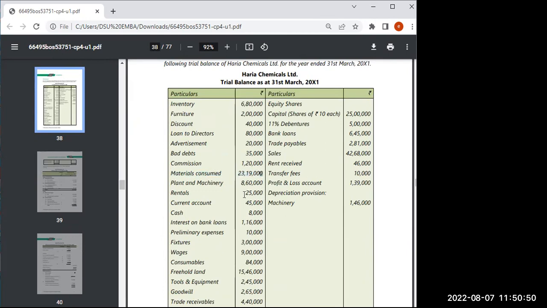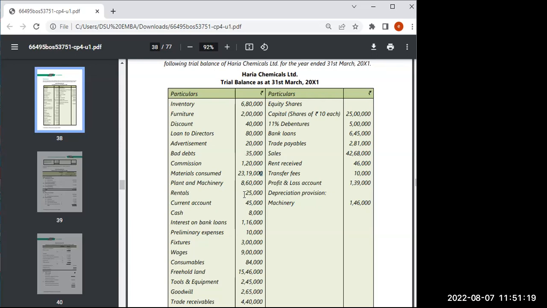23,19,000. If it is not given, you have to find it out. How do you find it out? Opening stock of raw material plus purchase of raw material plus any expenditure on the purchase of raw material minus purchase return of raw material minus closing stock of raw material. Please write down: cost of material consumed. Somewhere you can write it. Cost of material consumed